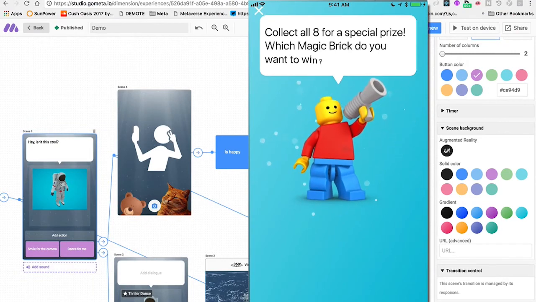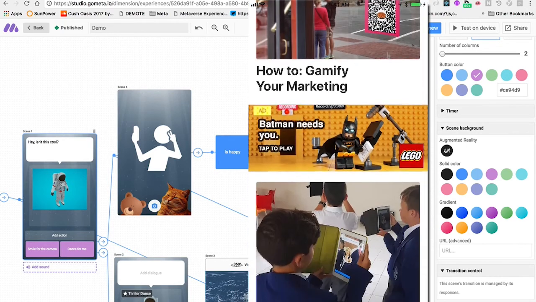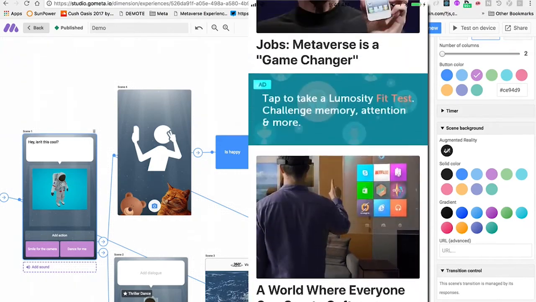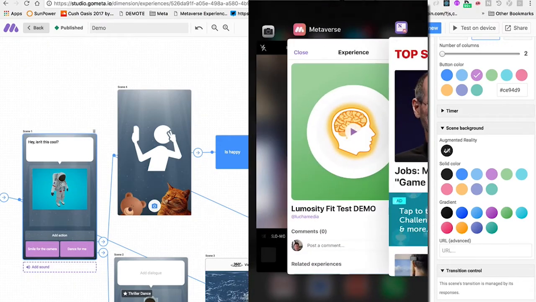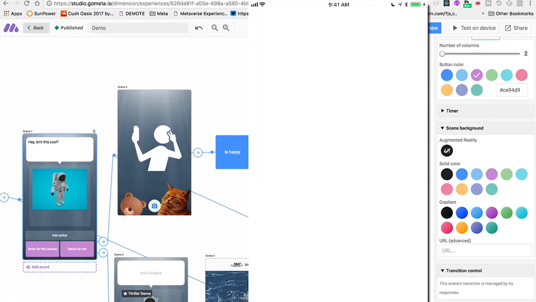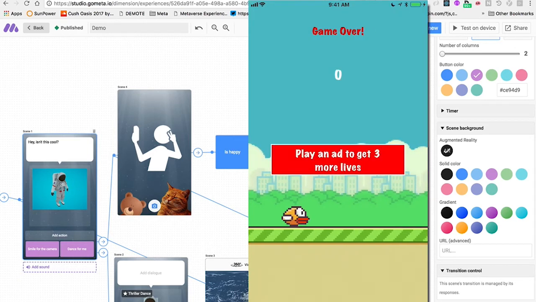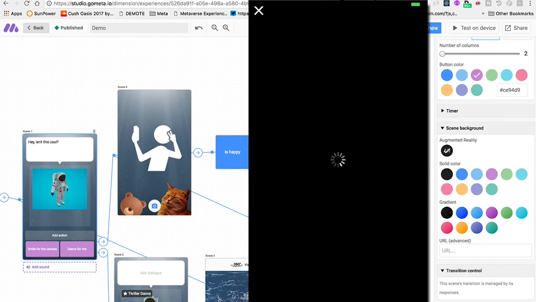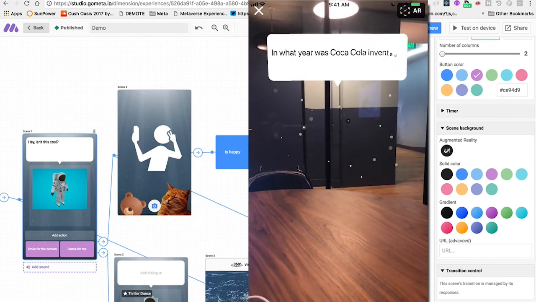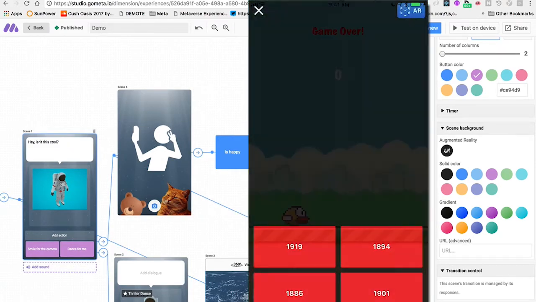And so this is just a simple sort of game. You'll see it's 8 mini games that you can play, but we got to it simply from tapping on an ad in an app, in this case a third-party app. I'll show you another example of how you can use this. And so this is just a demo game, like Flappy Bird. You see I've got 2 lives remaining, 1 life remaining. Game is over, but I can play an ad to get 3 more lives. I'm going to tap that, and this ad is just an experience, Coca-Cola experience. I'm actually going to exit this one and see if I can get a different one.